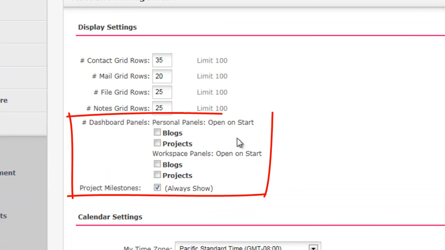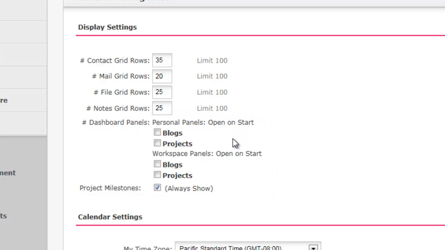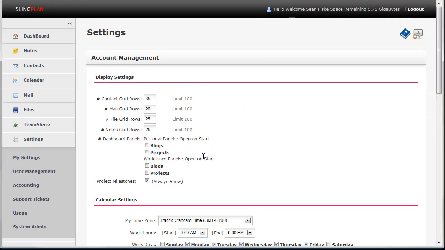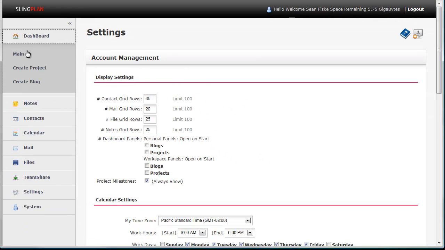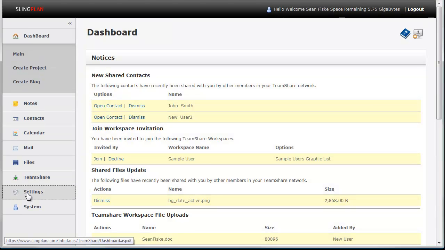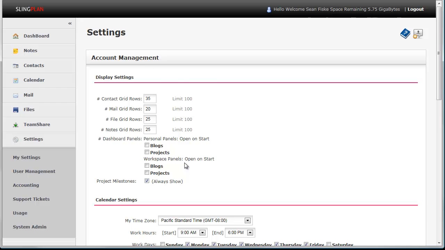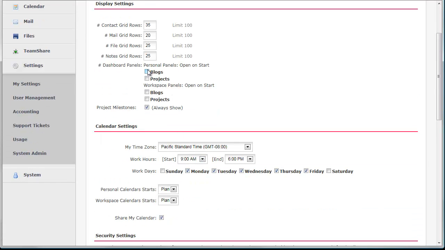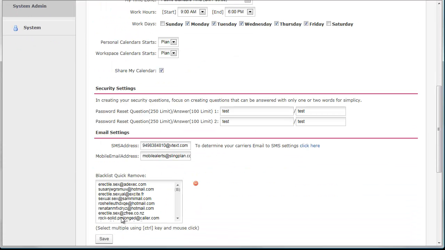The dashboard personal panels, you'll see these continue to grow over time, and we'll continue to redo these videos as we add options to the settings tabs. But I can choose to determine how I want SlingPlan to display those panels when they open. So you can see if I go to my dashboard here, I currently have those panels open, Project Manager and Blog Manager. But I can choose to have them collapsed. So if I save those settings,